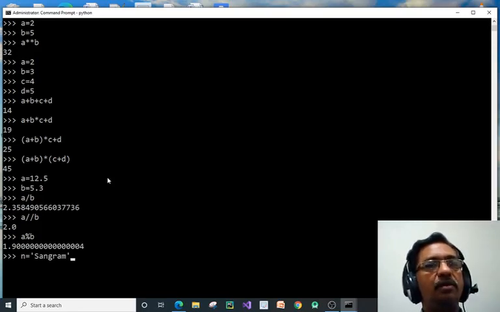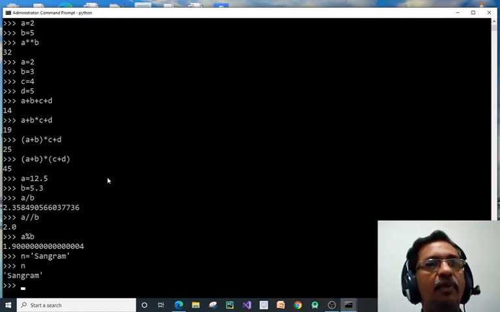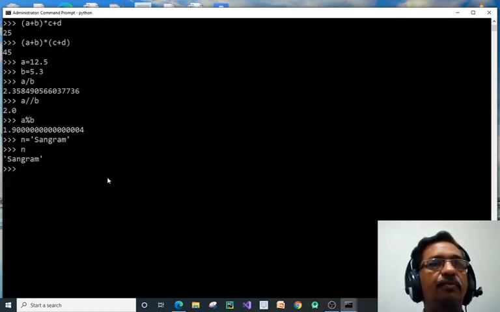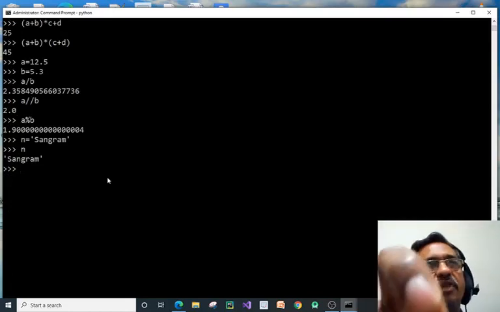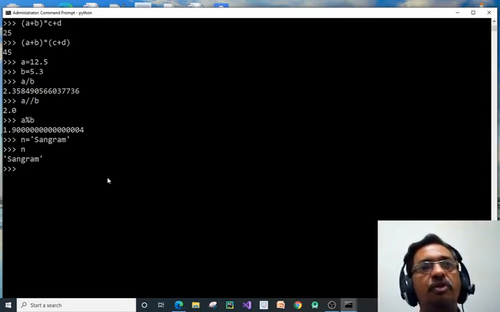So n is a variable just like a, b, x, y, z, you can take only n to avoid confusion, and the value present in n is Sangram. If you use only n, it will print the value of n. The information present in single quotes or double quotes is considered as string information.